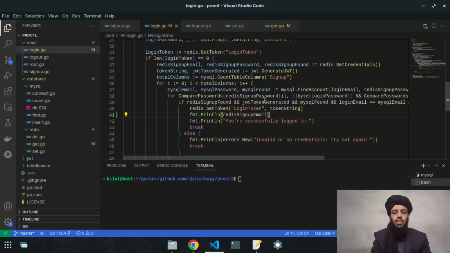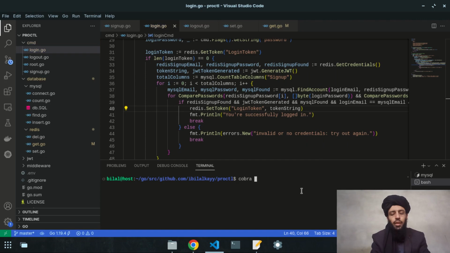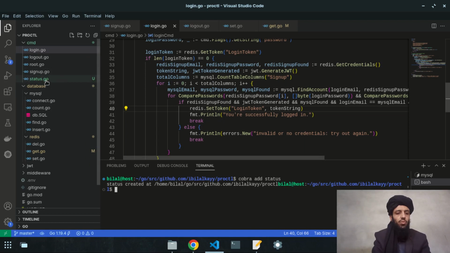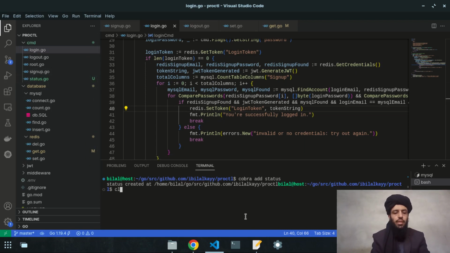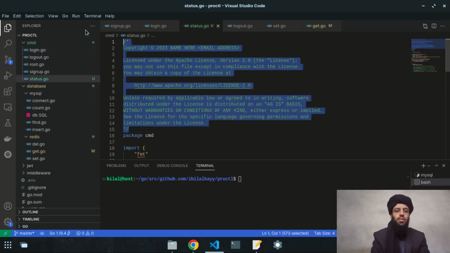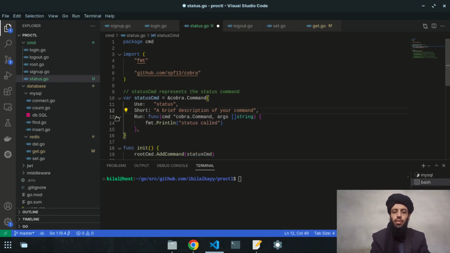So let's delete this print statement because I don't need it. And now let's work on the status functionality. So first of all, I will make another file by writing cobra add status. Alright, so now as you can see that this status.go file is created by default, and let's clear this, go to this file, and let's remove these comments, and after that let's remove this long description also because I don't need it, and I will simply write a description of it like